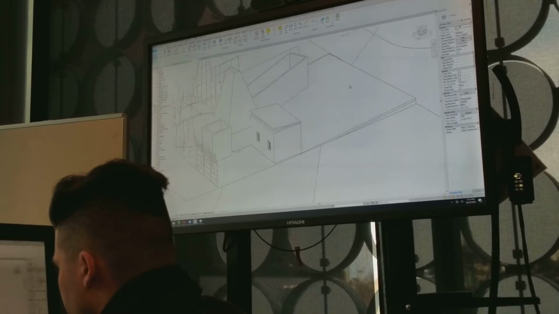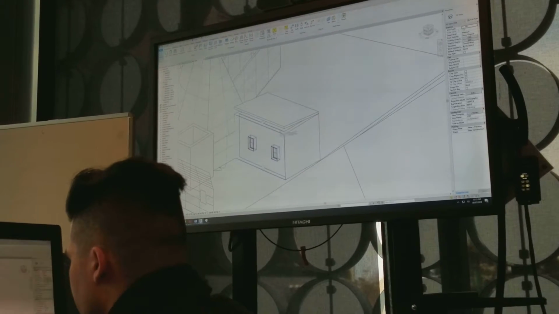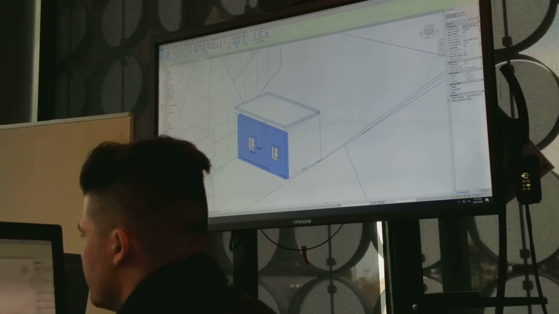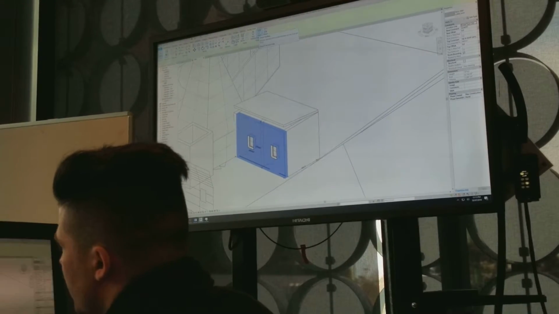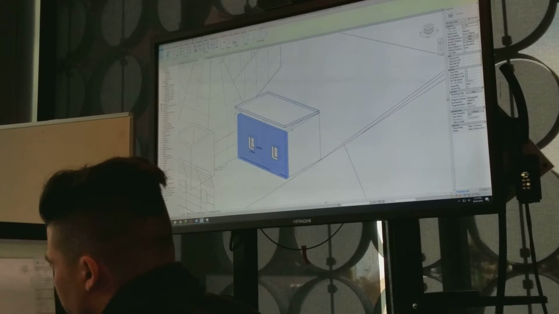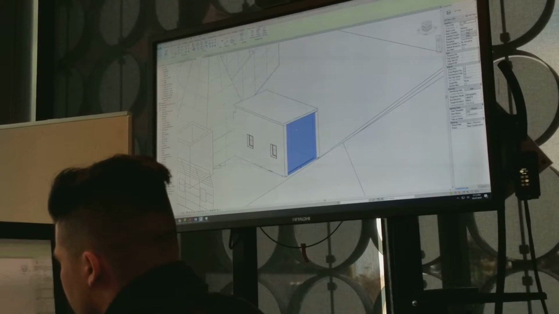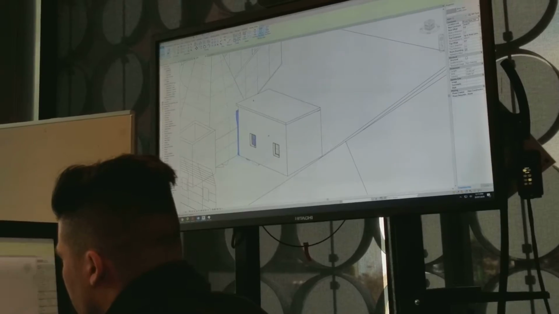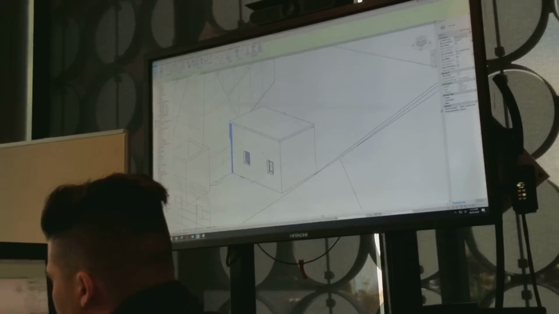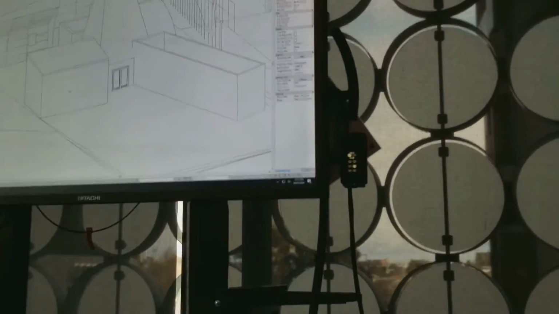Now, like we learned last week as well, if I want to join my wall to the underside of that roof, all I have to do is click on my wall, click on attach top base, and then click on my roof, and then I'm done. Again, click on my wall, click on attach base, and then I'm done. Again, click on my wall, click on attach base, and then I'm done. So the idea is that this building,